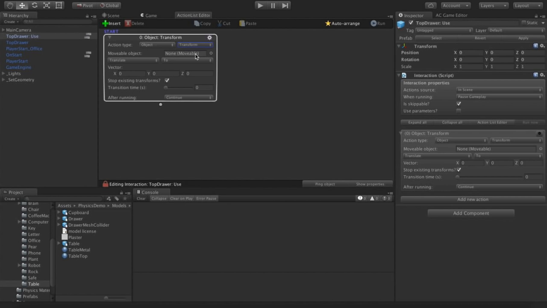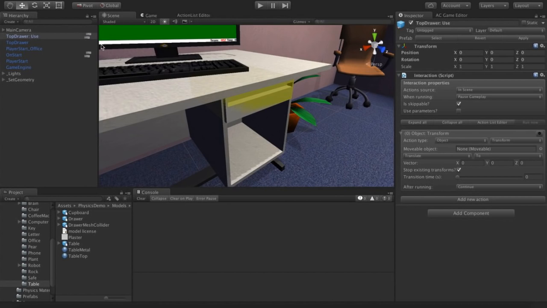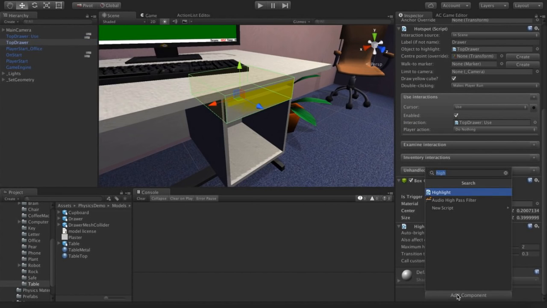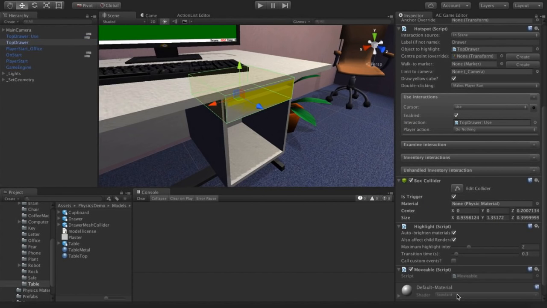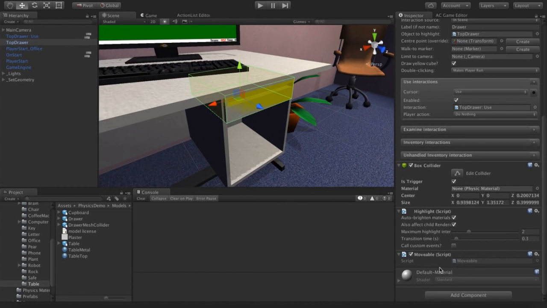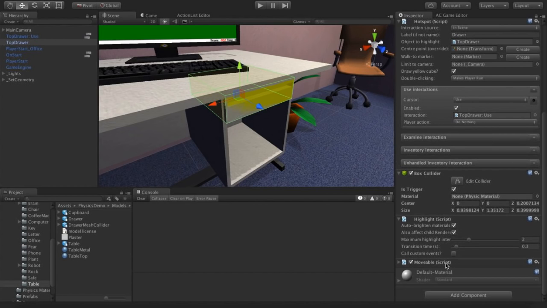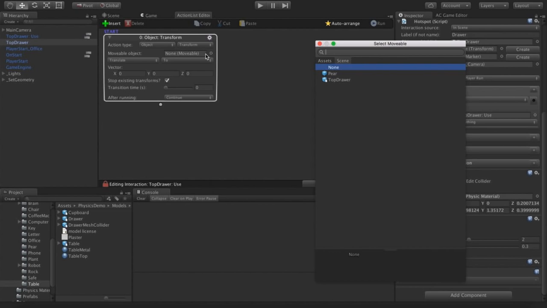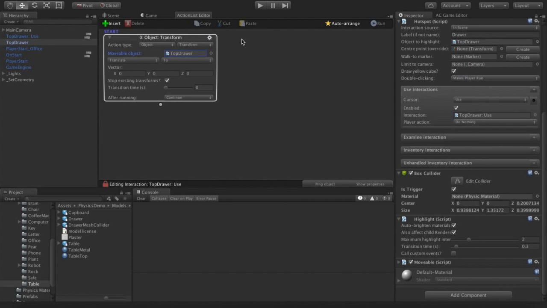So we need to add this component to the draw. So I'll get top draw, and I'll add one more component, and this is going to be movable. It doesn't have any parameter values or inspector, anything like that. It's just something you have to add on. And now in our action list editor, I can click on the little circle to the right of the field, and I can select top drawer.